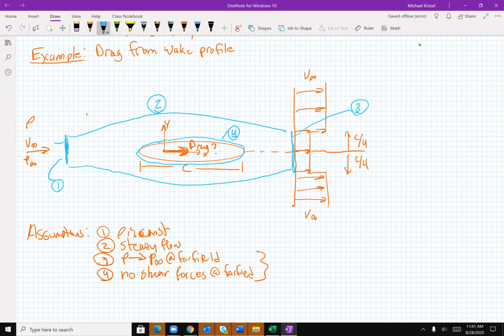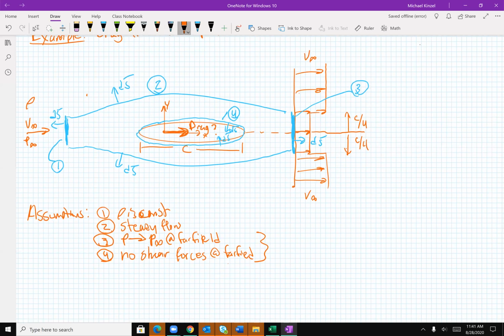One, our ds, when we start evaluating our integrals, is always outward normal, so out of the control volume. Two, we put this here because anywhere above here,